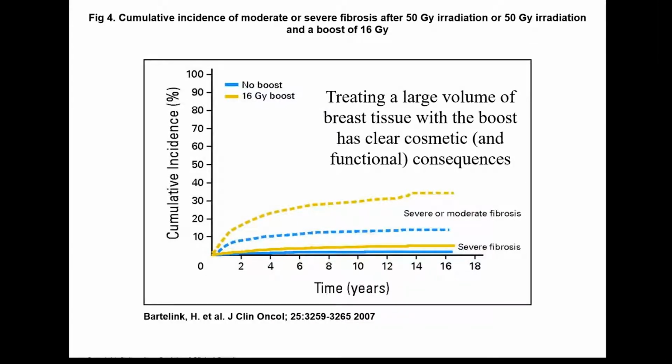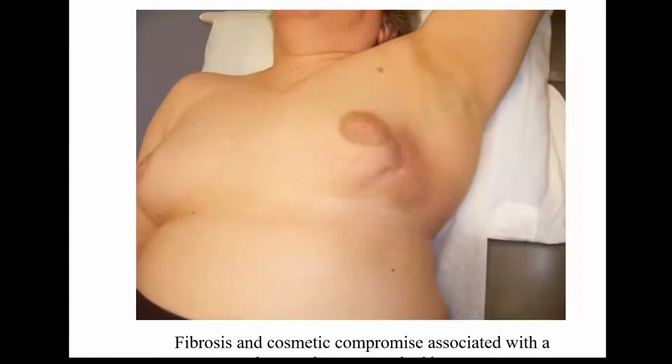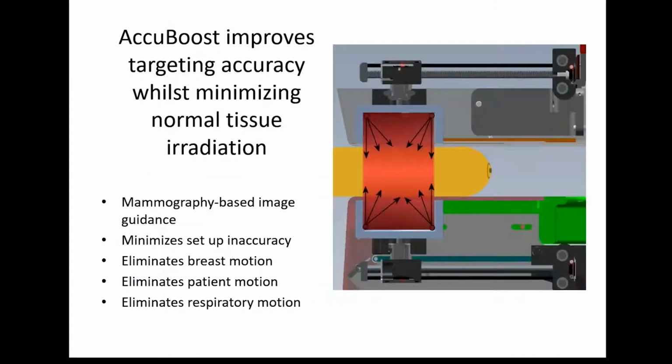That as we escalate the dose to the breast with boost, there's a consequence related to late cosmetic and functional toxicity, typically with breast fibrosis. Next slide. And just an example of this, there's an electron boost patient, the lateral portion of the breast. You see the hyperpigmentation, and I can tell you that there's a great deal of subcutaneous fibrosis in this patient as well. Next slide. So AccuBoost really was designed